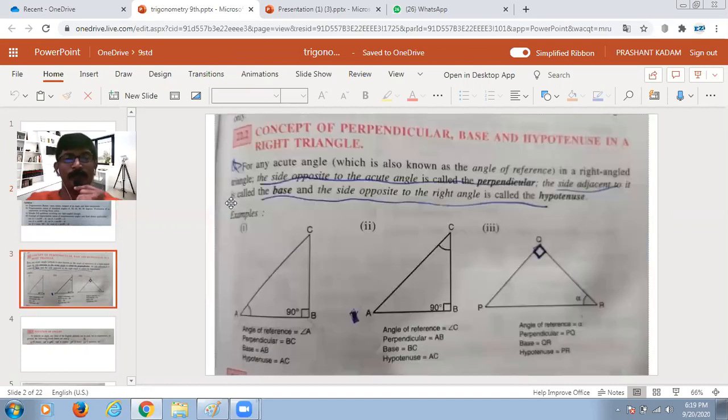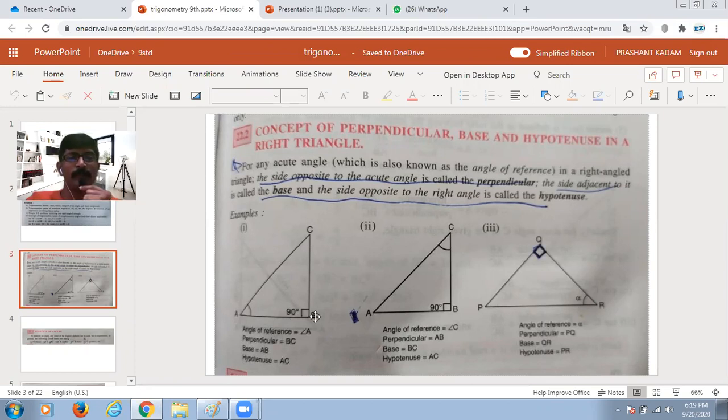Are you getting it? So we'll move ahead quickly and first of all learn what exactly a right angle triangle is, students. Look at this over here, triangle ABC. Sir, all 3 are right angle triangles, but in all the 3 right angle triangles, the reference angle is different. So what exactly is a reference angle, what exactly are the components of the right angle triangle? Let me explain everything in small parts.